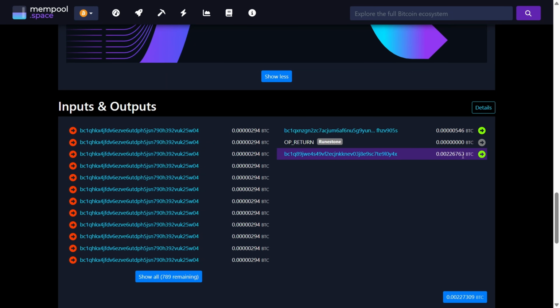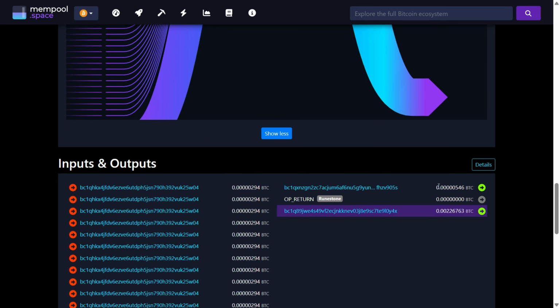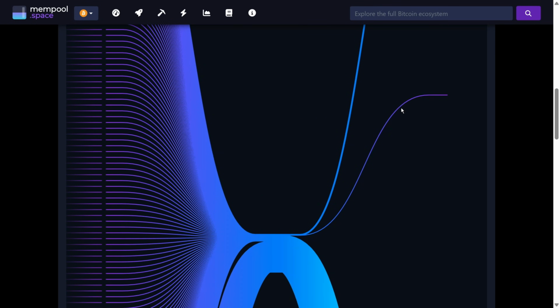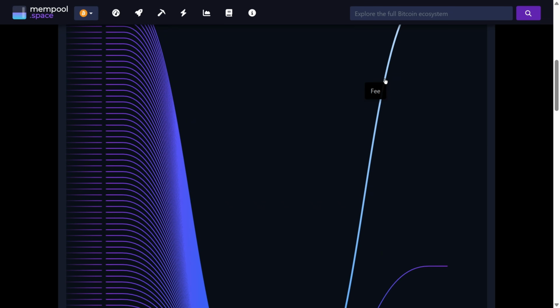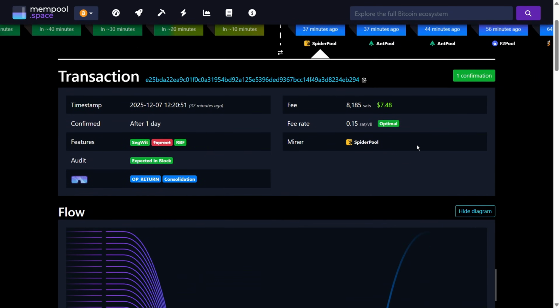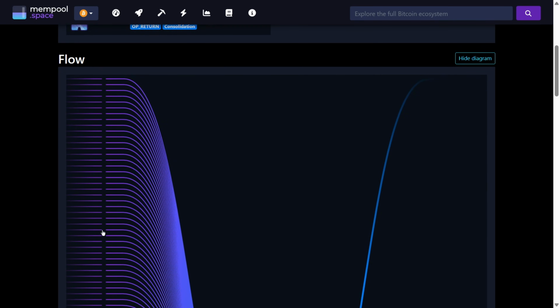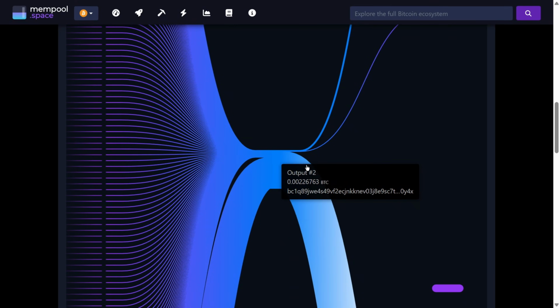So this is the large transaction. And then there's one more transaction here as well, which is this one here, which is so small it's hard to even put my mouse on it, of just basically 2 of these combined into one output. Not sure why, but then there's also this, which is the fee. So this transaction paid $7.48 in fees, or 8,185 sats, to get all of these transactions and consolidate them